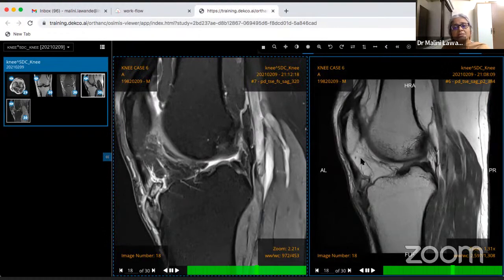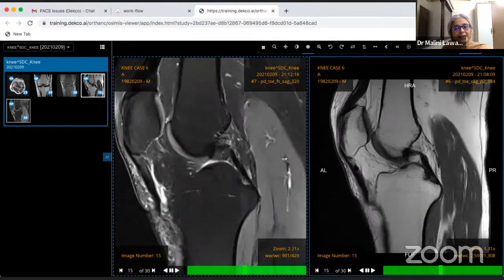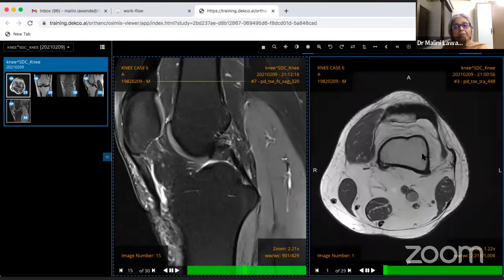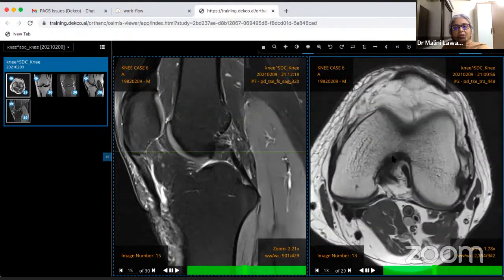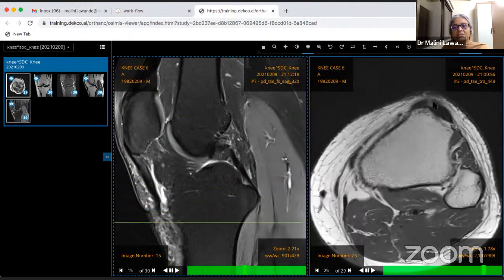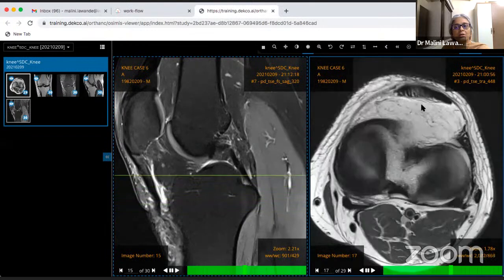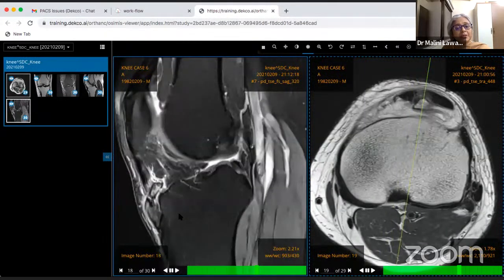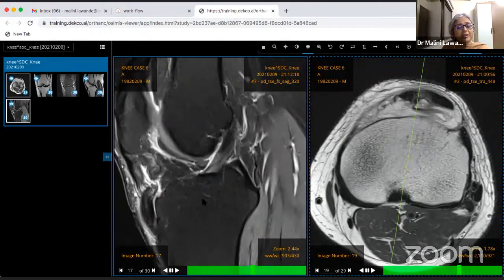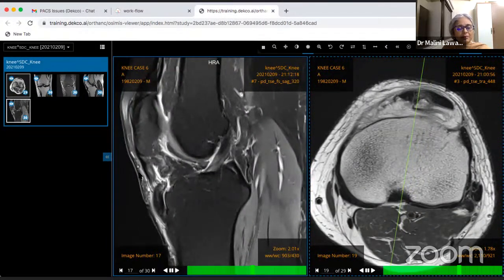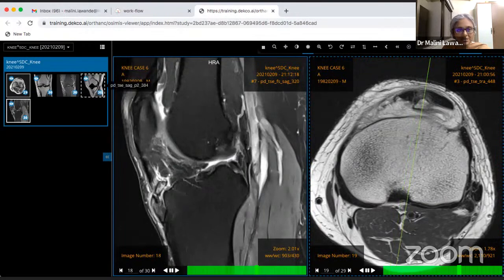So for the extensor mechanism on MR, we need to look at sagittal images and corroborate the findings on the axial images. When I look at the axial image, you can see this bone fragment out here, and there's another fragment out here, and there's a lot of it. Remember, this fragment-like appearance can be normal in children. In a developing skeleton, you can have an ossification center here, but this kind of marrow edema and soft tissue edema is always abnormal. Often in sports people, runners, and in sports with jumping, you may see jumper's knee,